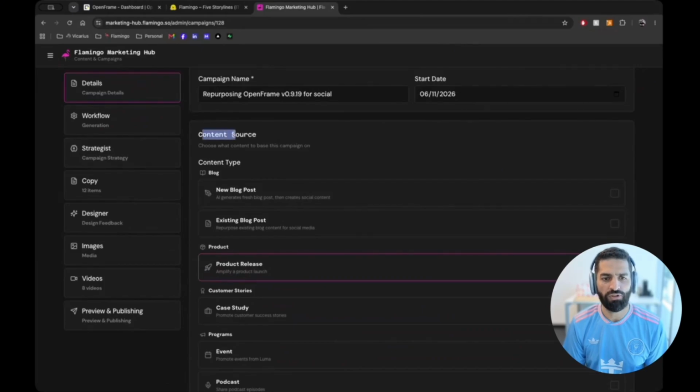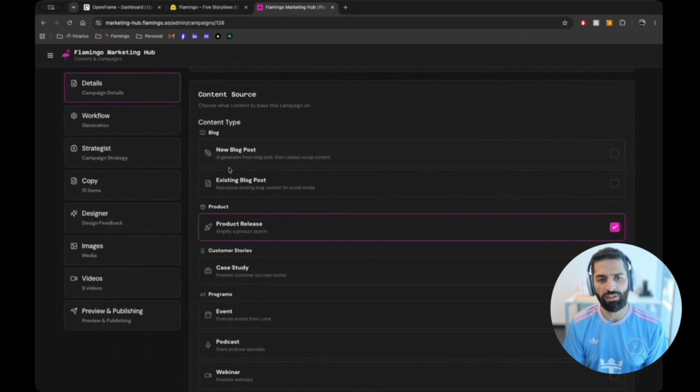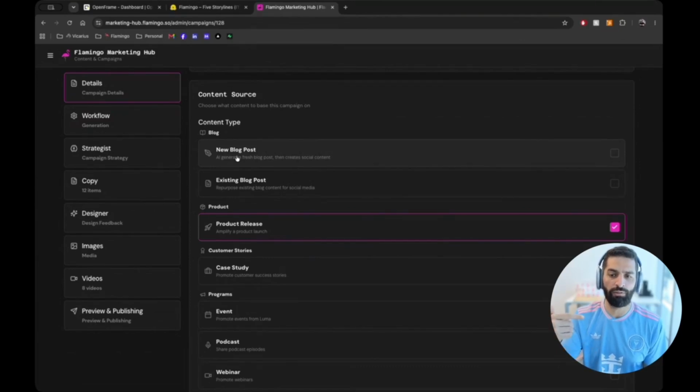You see here that once you start a campaign, you have the content source, and the content source can either be something you generate on the fly. So it can be a new blog post, and then the campaign will create a blog post and all the follow-up materials, we'll show it in a second, for example, LinkedIn, social media post, Twitter post, whatever, are going to be created based on that new blog post that this AI just created,